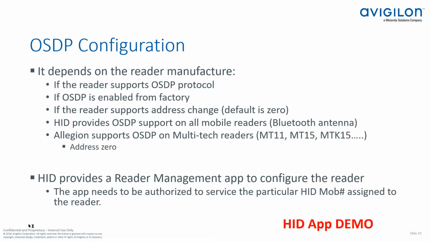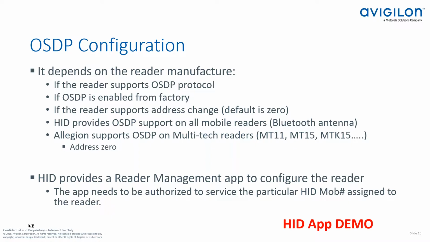Next slide here. So again, depending on the reader manufacturer, the protocol is there or not. So before you venture out there and do OSDP, just make sure that the reader is capable of doing that. Some of the readers are now coming, especially HID, enabled from factory for OSDP. So if you want to use Wiegand, you will have to use their HID mobile application to switch from